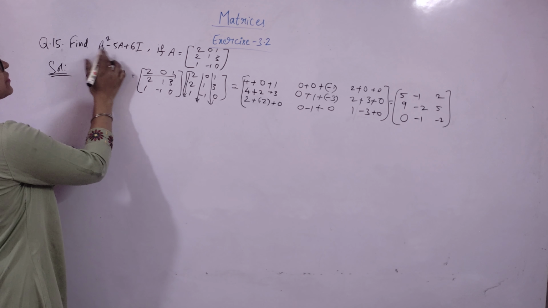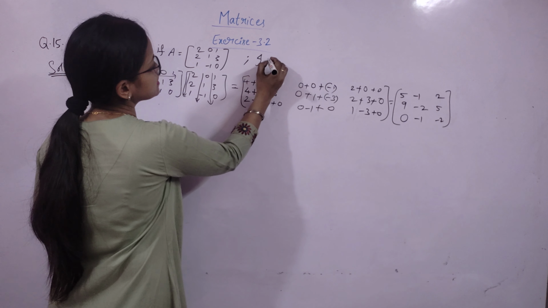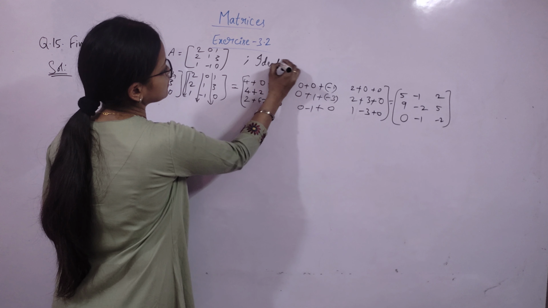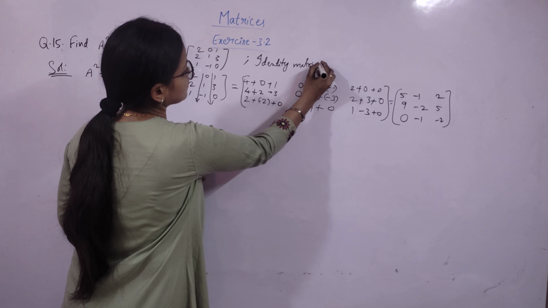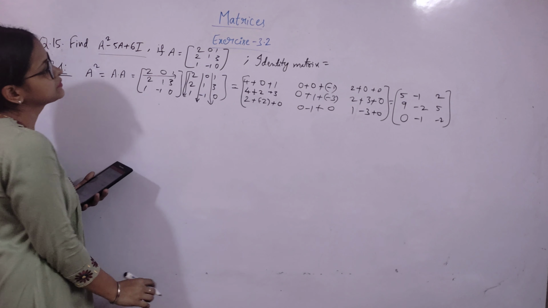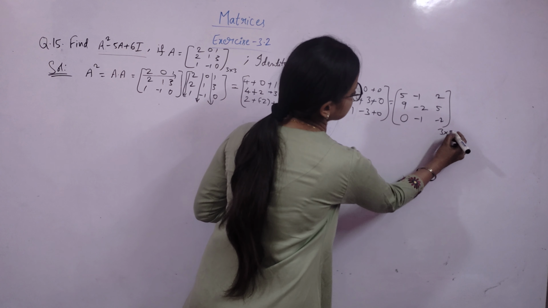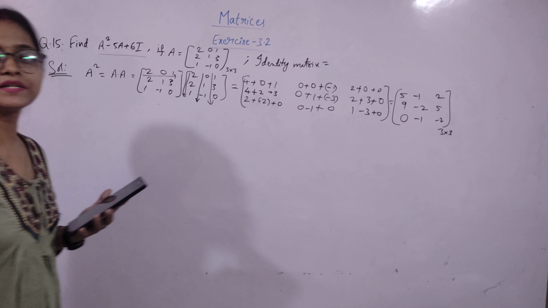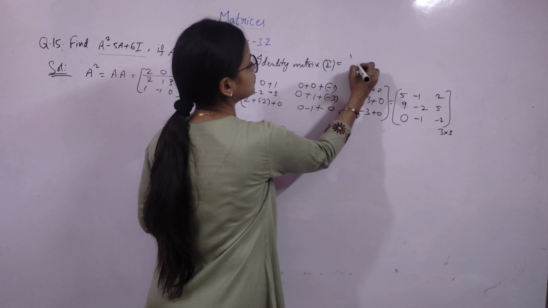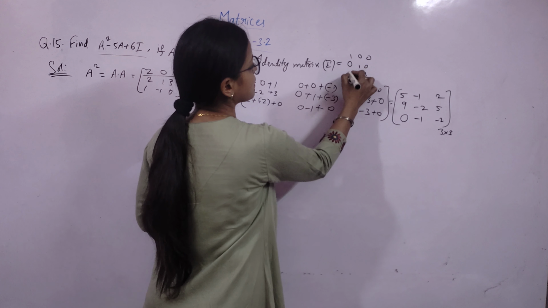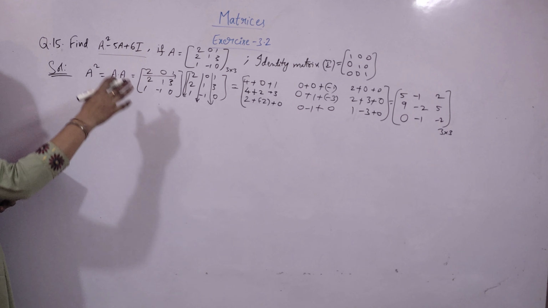Now simply substitute here. And what is I? I is the identity matrix. See here, the A matrix is 3 by 3, and A squared we obtained is a matrix of order 3 by 3. So our identity matrix must also be 3 by 3. So 1 1 1 on the diagonal and the remaining are zeros. Diagonal elements will be 1. So let us substitute these values in this equation.